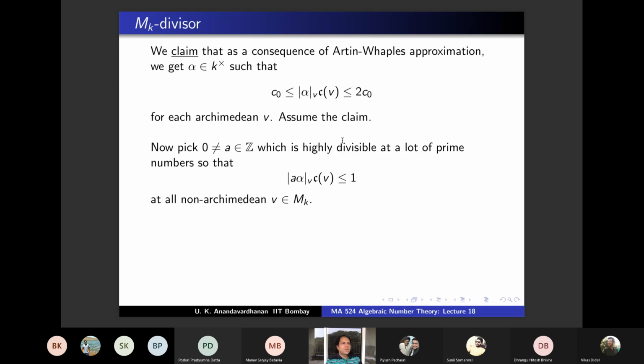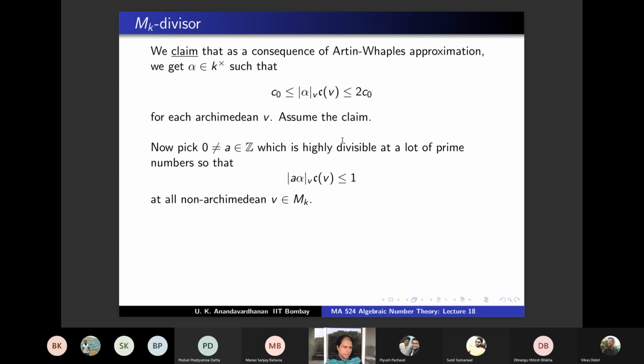This alpha is already given to you by Artin-Whaples. So at almost all the non-Archimedean v, |alpha|_v will be 1. Alpha will be a unit at almost all the places. So |alpha|_v will be 1. C_v is also 1 by definition at almost all the places. Therefore, |alpha|_v times C_v is 1 at almost all the prime ideals. So those prime ideals,